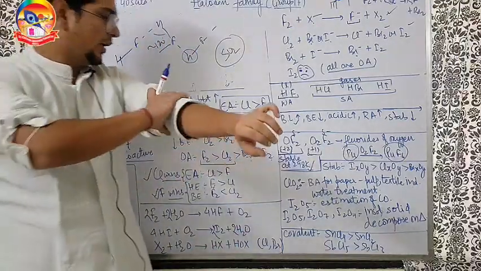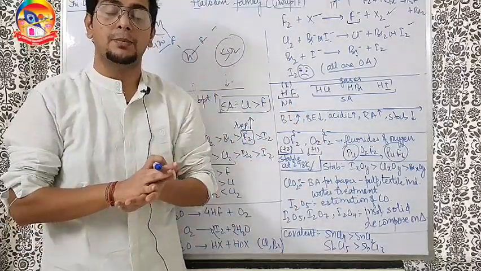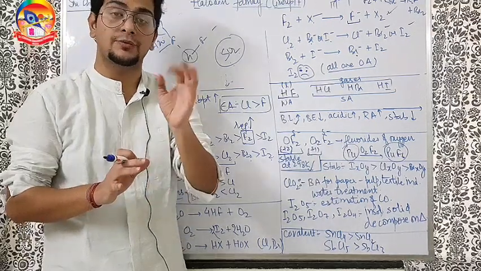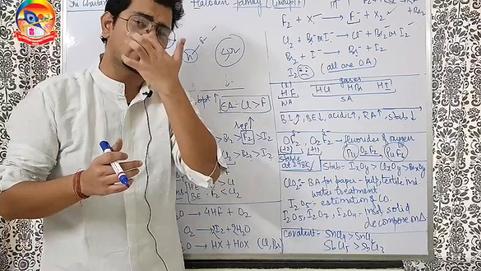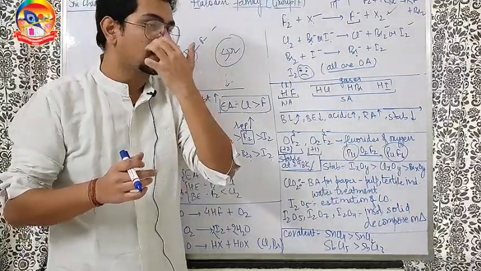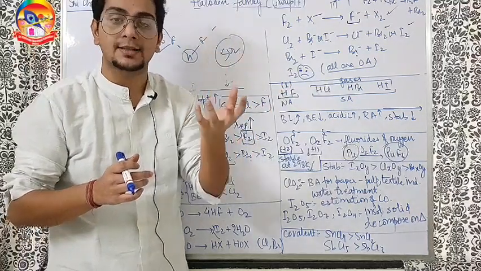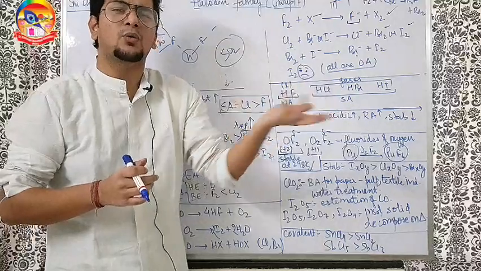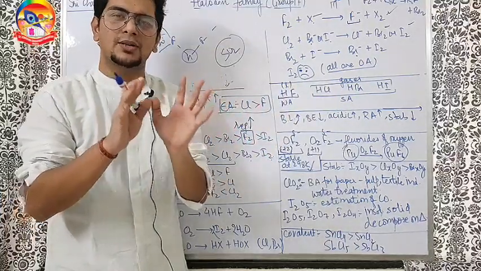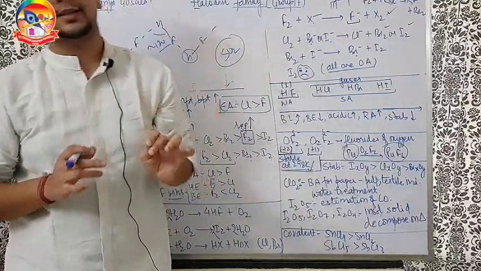Going ahead, in chlorine oxides, only ClO2 you have to remember. It is a bleaching agent for the paper and pulp industry, for the textile industry, and also for water treatment. For water treatment also, you might have heard a lot of times that chlorine smell is coming in the swimming pool. People say, chlorine smell is coming. Why? Because we use some bleaching agent there to treat the water so that it does not have many microorganisms left there.